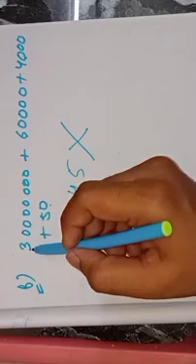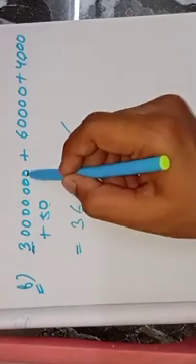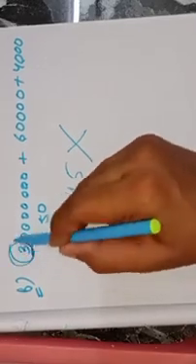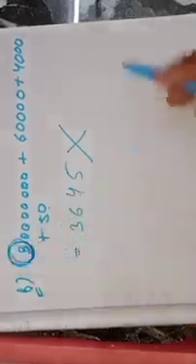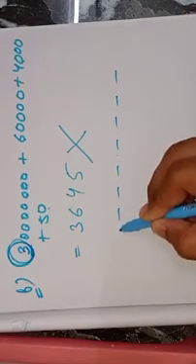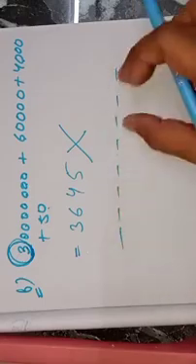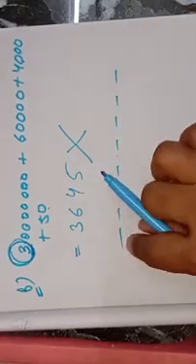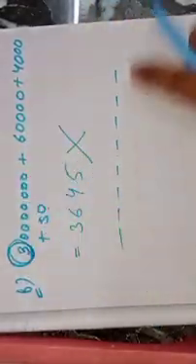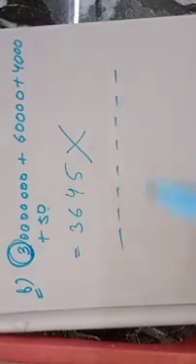Just count the place value of the very first digit. So that's 1, 10, 100, 1000, 10,000, lakh, 10 lakh, crore. That's the place value of the very first digit: crore. So you put dashes till crore. 1, 10, 100, 1000, 10,000, lakh, 10 lakh, crore. So we have put dashes till the place value of the very first digit in this expanded form. So the first digit is 3 and the place value of 3 is crore. So that's why I have put dashes till crore. Understood? Now we will fill these blanks and let us see why this answer is wrong.